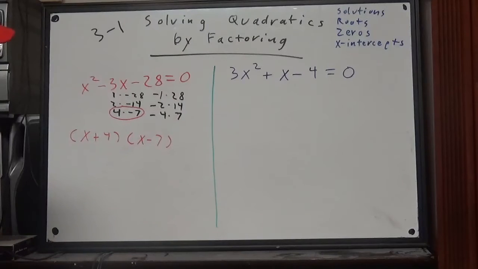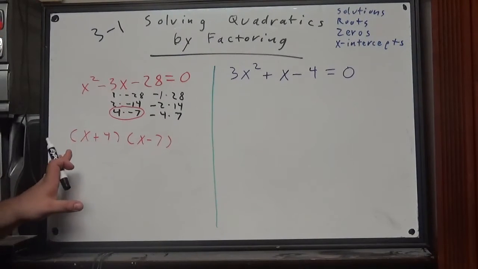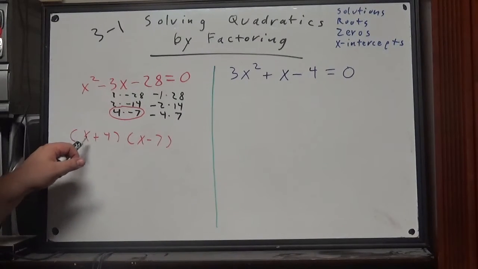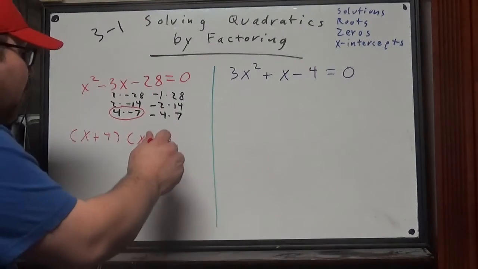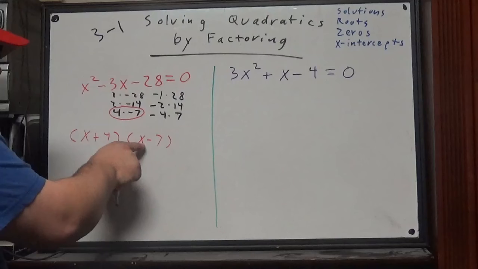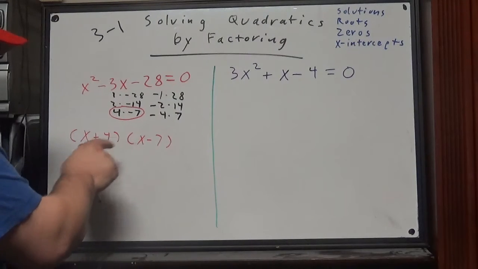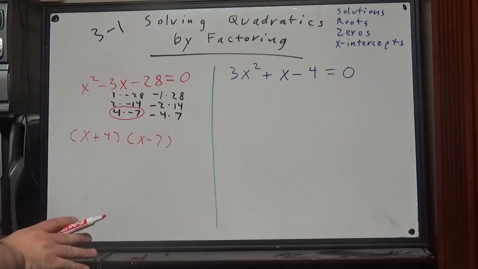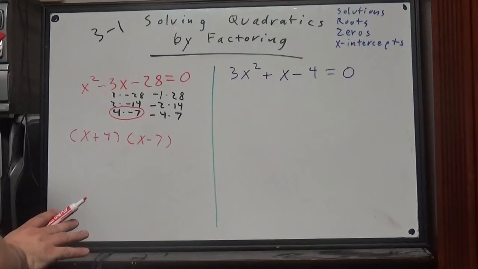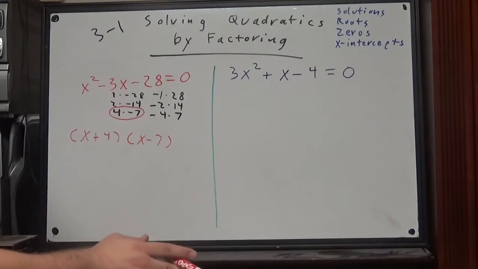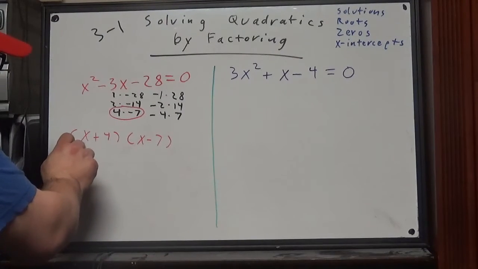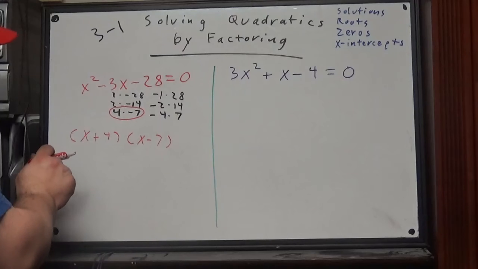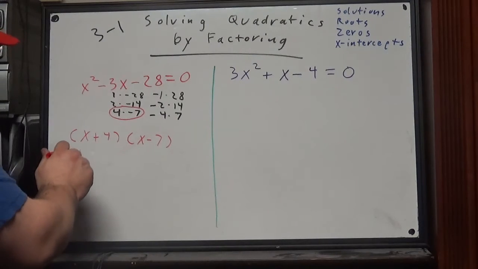When we're solving, what we're going to do is take each individual binomial. Remember that this equals 0. Well, if we set either one of these x's to 0, remember that anything times 0 equals 0. So if I set x equal to, say, negative 4,